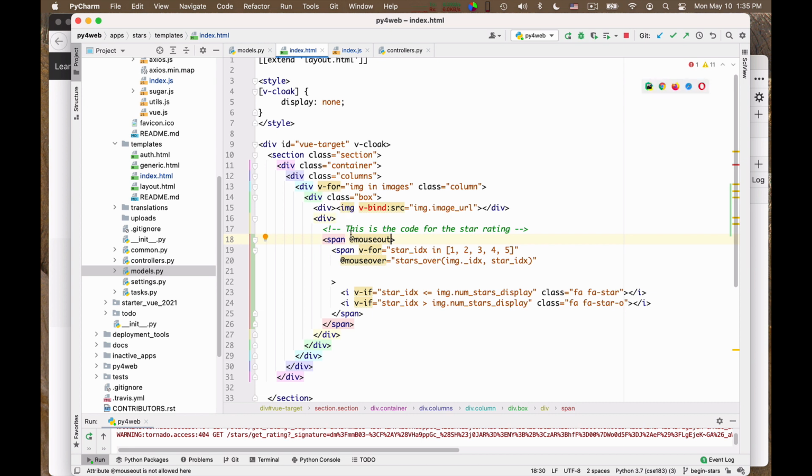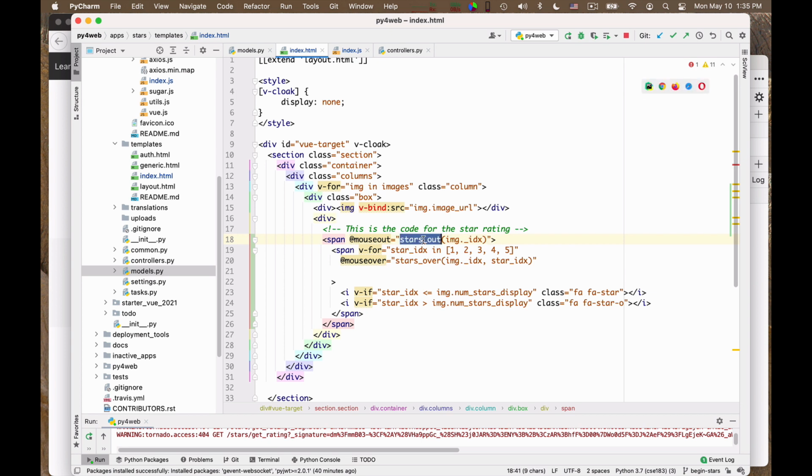It wouldn't be quite the same to put the mouse out event here, because this would be caught whenever I move the mouse out of a single star, and I don't want to do that. I just want to trigger this when I move out of the rating region as a whole. And so here I do stars out, for instance, of image index. So I'm saying essentially, hey, I moved out of the rating region for this particular image.